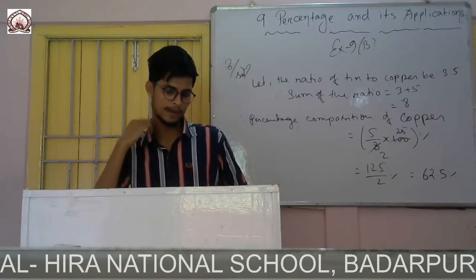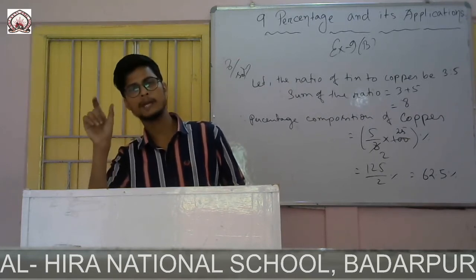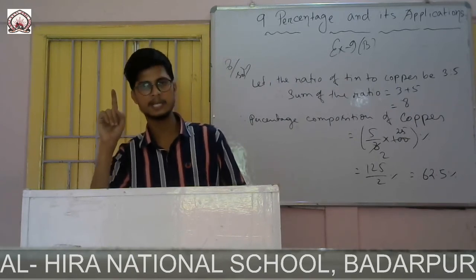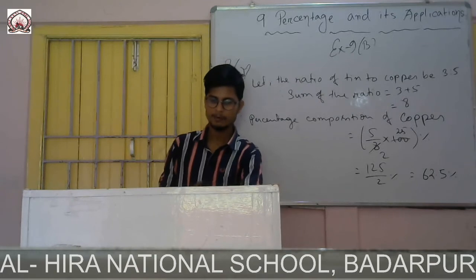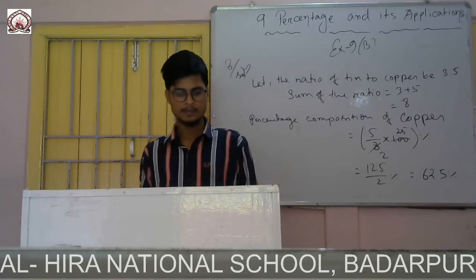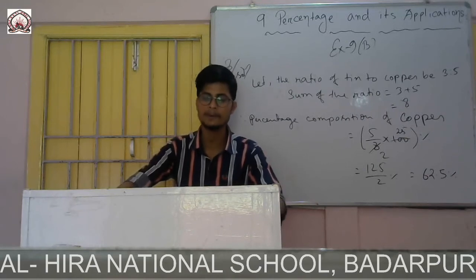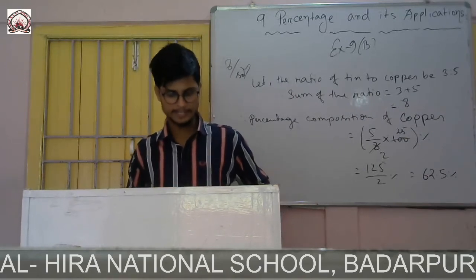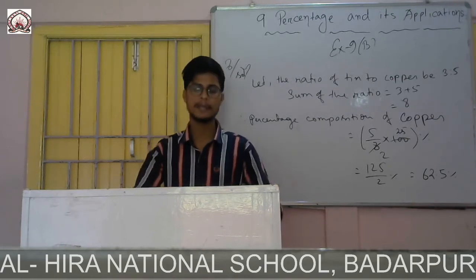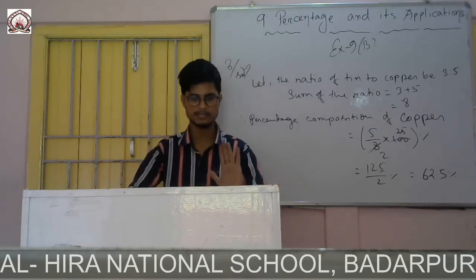For the next one, you have to find 80 minus 65. You will get the amount decrease. Then you divide that value by the original one. The original one is 80. Don't give 65, it is 80. So from 65 to 70, then to 80, it is 15. So 80 minus 65 is 15 kilometer per hour. So the percentage decrease will be 15 by 80 into 100. Question number 9, 10 and 11 you try the same way. All three sums are the same.